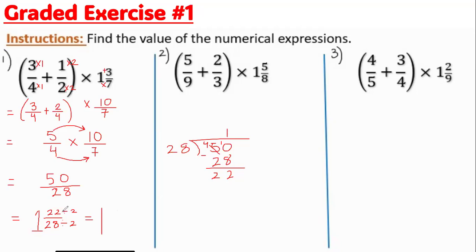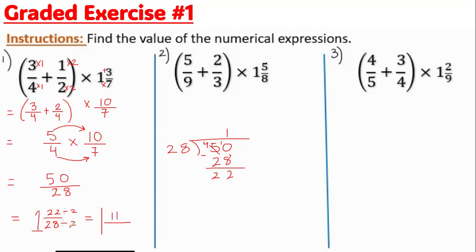I actually stopped at 22 over 28 because I didn't know what to do there. So you have to figure out what number could go into both of them. Both of them are even numbers, so you could use 2. You have to figure out what number is divisible by both of them, and that's what you use to divide them. It's going to be 11